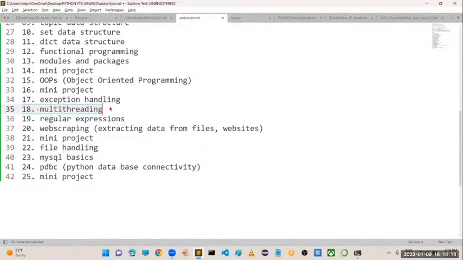Then regular expressions. How can you write regular expressions? Suppose we read some data from the user, and I need to search for that data in the database. In such cases, some problems are there. For example, if I ask for your mobile number and you give 123, is it a correct mobile number? No. But my application will accept that and store it in the database.